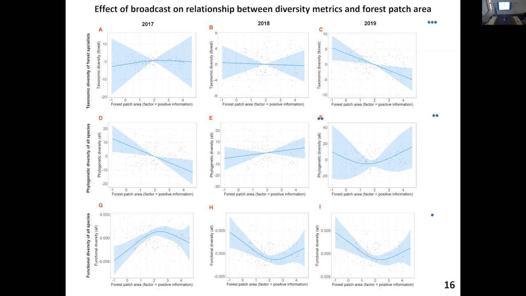In the case of phylogenetic diversity, it was also similar, at least it also reversed the effect of habitat patch area, at least in the year of the experiment. And for the functional diversity, you will see that the graphs look pretty different from 2017 and then from 2018 and 19. And for the results, I think the biggest takeaway I would like to take from that talk would be